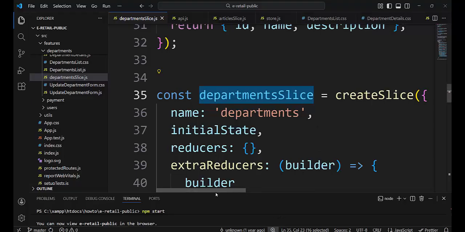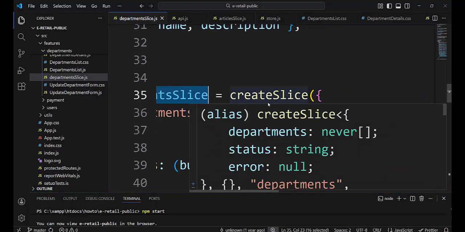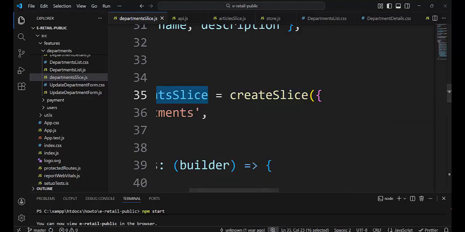We declare departmentSlice. It is a reference, a state object and variable. And the createSlice function creates it, but we don't see what that slice created. It is declarative